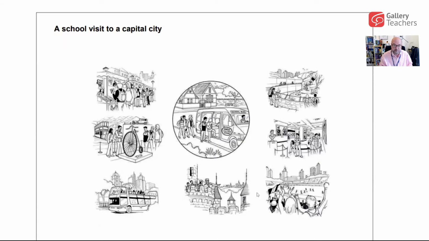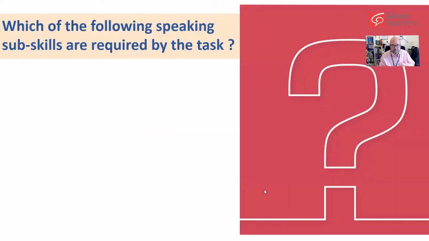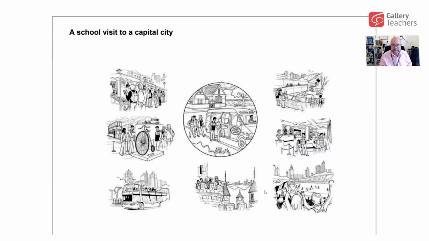And indeed, Cambridge helps us by giving us an inventory, effectively, of those functions. So if we just take a minute to think about what sub-skills are required for that particular activity, you might want to take the opportunity to post into chat some of your ideas. What kind of functional language do you think students need in order to evaluate? I think I've just given you a big clue there, and then decide which of these they want to do on their school trip.